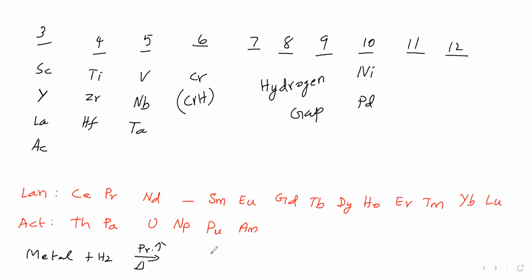The formed metallic hydrides will be in which state? The formed metallic hydrides will be in finely divided state. Why is it in finely divided state? Because we are taking a metal. How will the metal lattice be? The metal atoms are arranged in a particular order, like this.